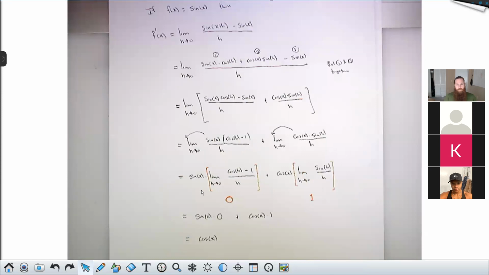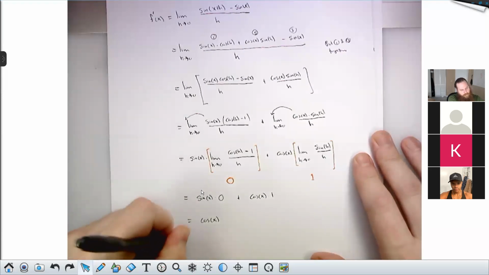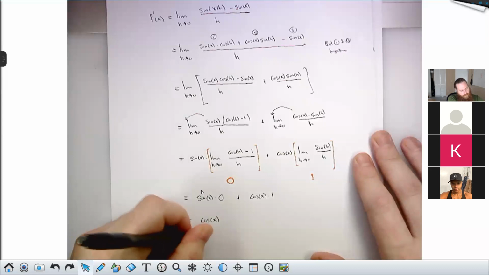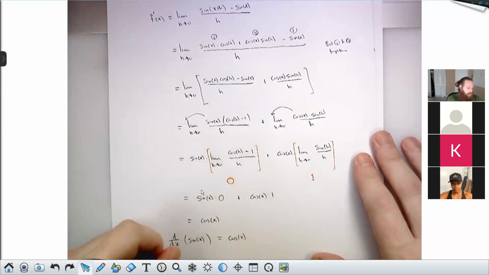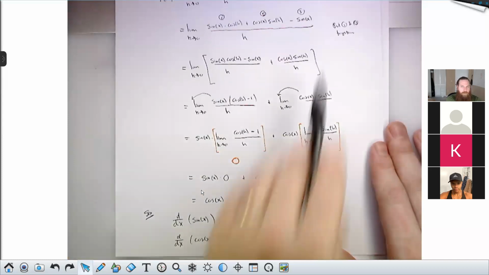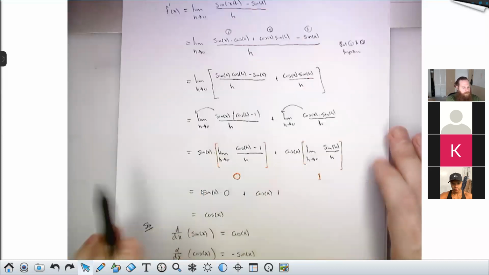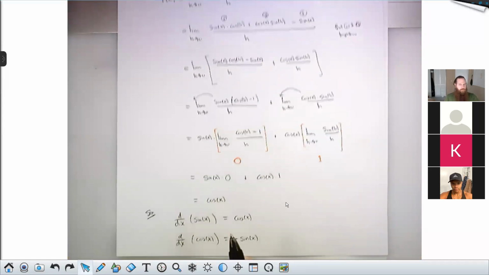And it's very easy to show using the same sort of calculations, once we have those limits, that the derivative of cosine is sine. d dx of sine x is cos x, and d dx of cos x, it's not exactly sine of x, it's negative sine of x, because the formula for cosine, cos of a plus b, has a minus sign built into it. Otherwise, it looks very similar to this, but you'll end up with a negative.